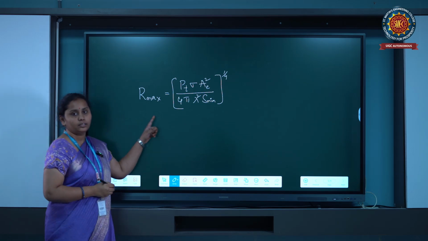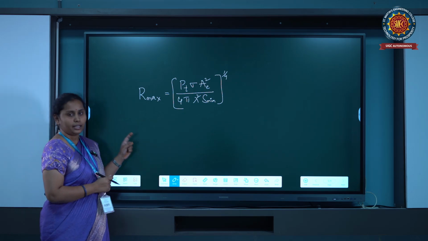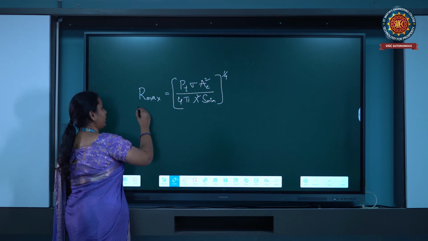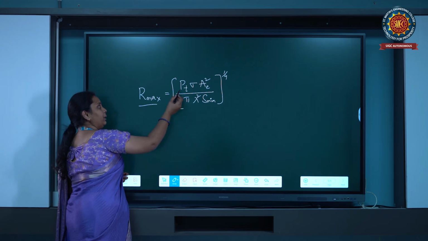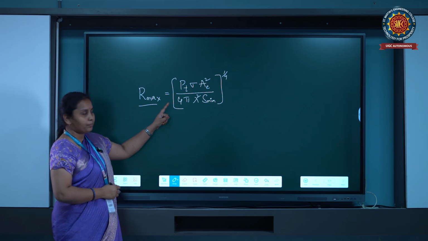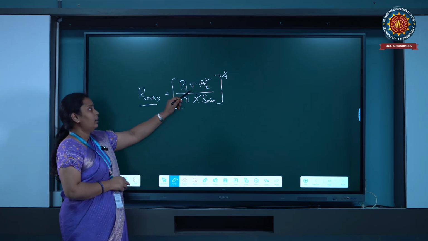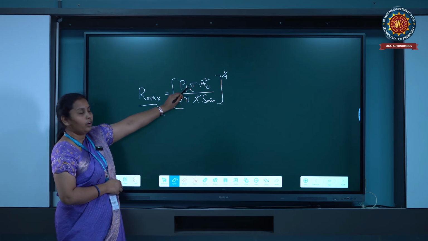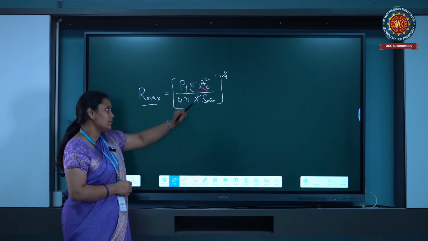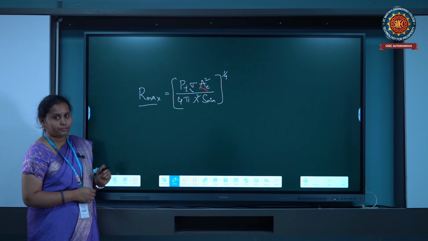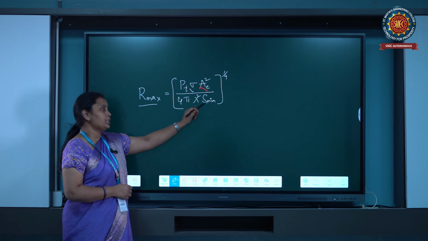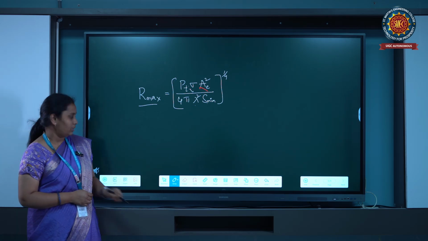This is the simpler form of radar range equation. Here R maximum is maximum range of the radar, and PT means transmitted power, and sigma means cross-sectional area of radar, and AE is effective area of radar, and lambda is wavelength, and S minimum is minimum detectable signal.